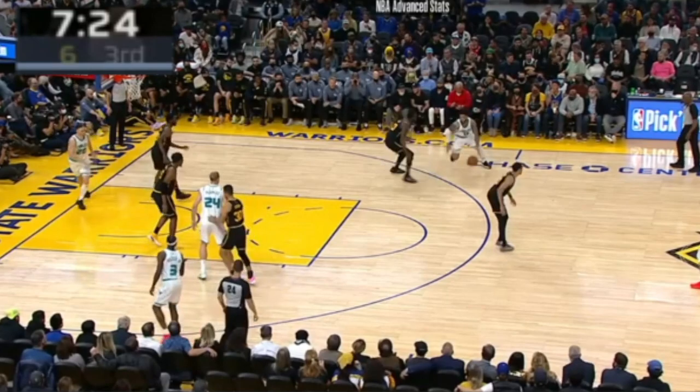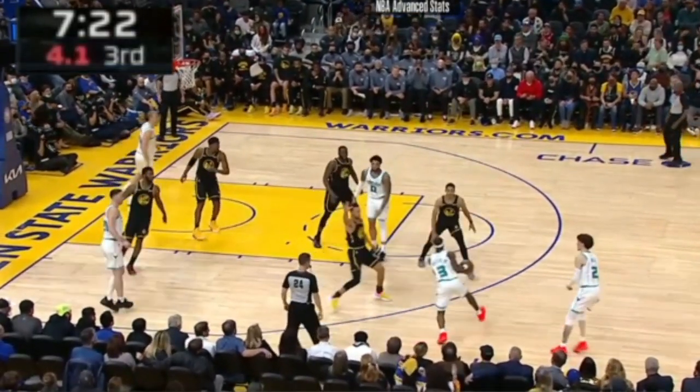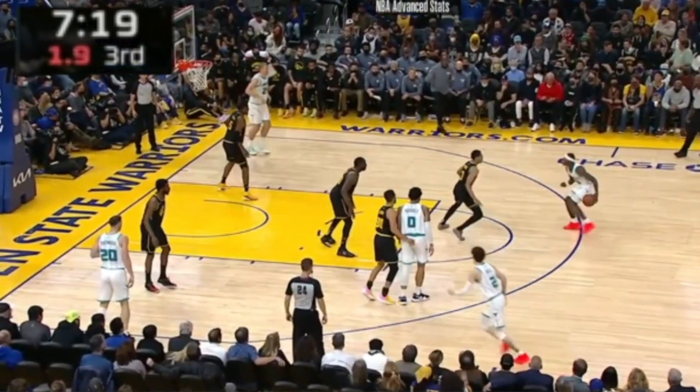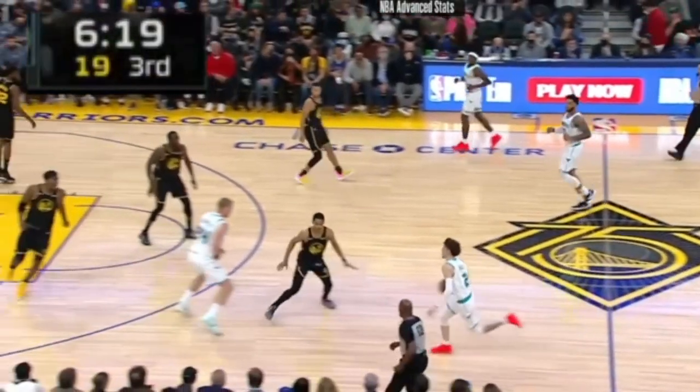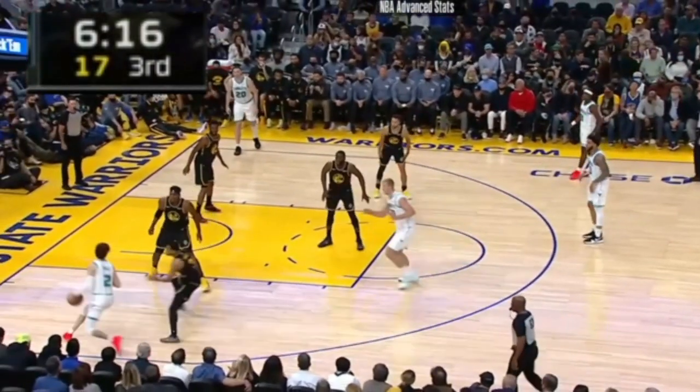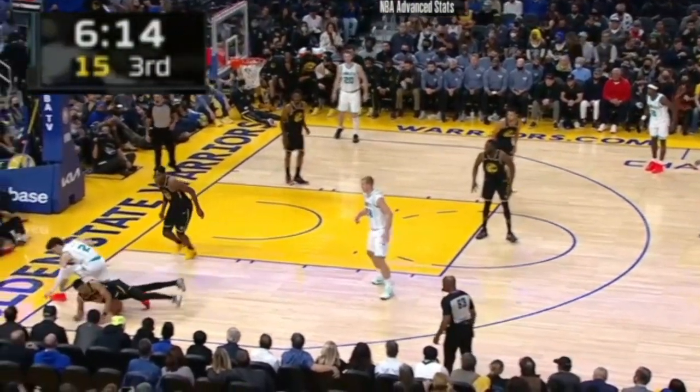But not to worry, as Jordan Poole is still in the game, and as Bridges gives it to Rozier, look at how he contests the step back. Beautiful contest, nice. And he somehow manages to not foul him. Now Poole here, going over the screen, still tightly guarding LaMelo, and he gets a strip and steals the